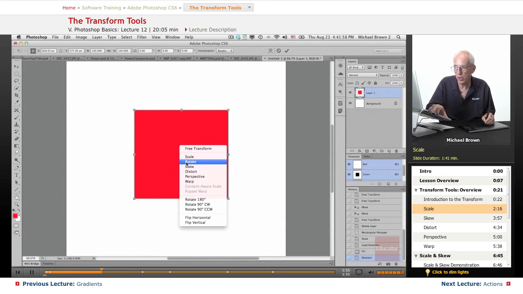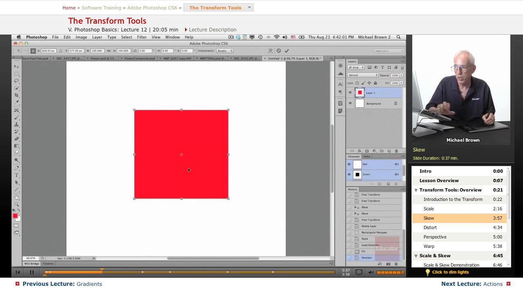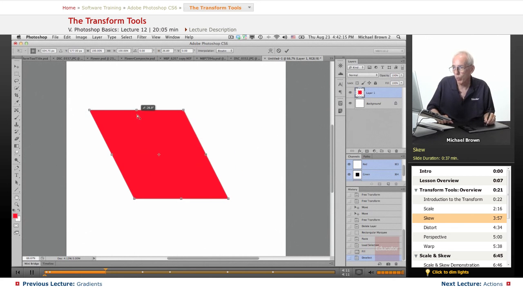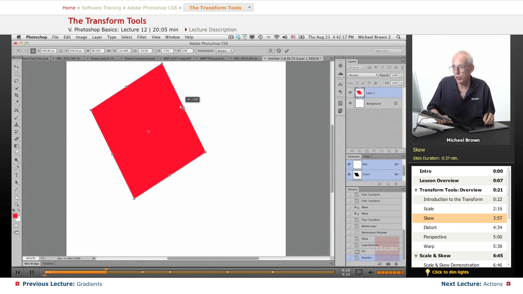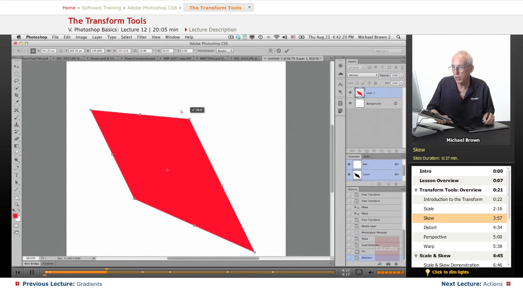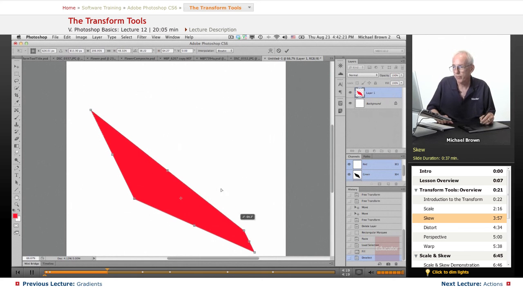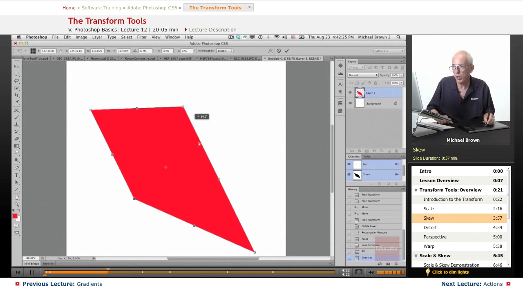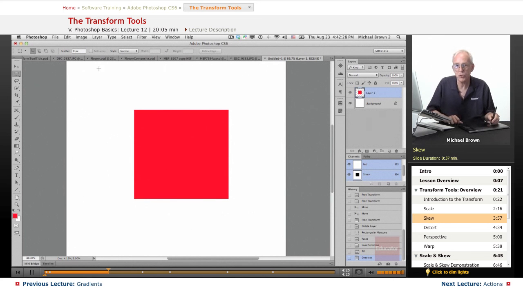You already looked at scale. You understand rotate, skew. It's precisely what it says. If we grab this end, it actually distorts. But if we do the Control-click skew in the center, we get a skew, traditional skew. Now you can distort an edge individually by changing only the corners themselves. So there's an additional feature in the skew. Command on a Mac, Control on a PC, the letter T, Control-click on a Mac, right-click on a PC. Let's